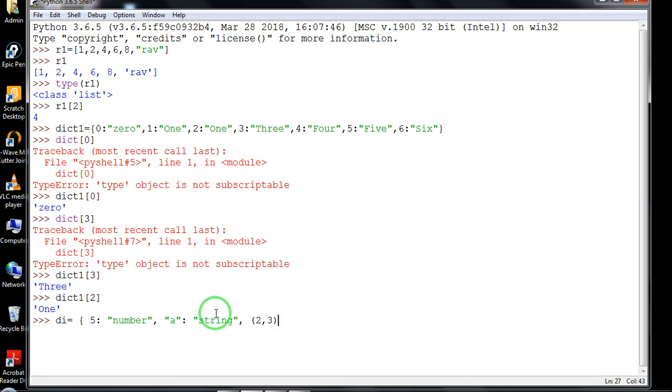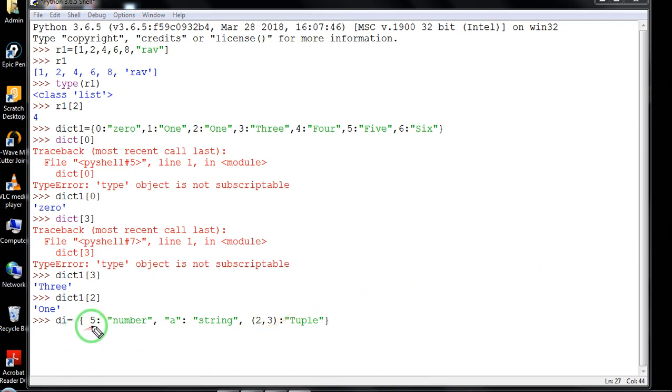For a tuple, you have to write the values inside small brackets or parentheses. Now this 2, 3 is the key. Suppose this is a tuple, and I will close my dictionary. This way you can also create a dictionary. As I've already told you, this should be a colon over here.